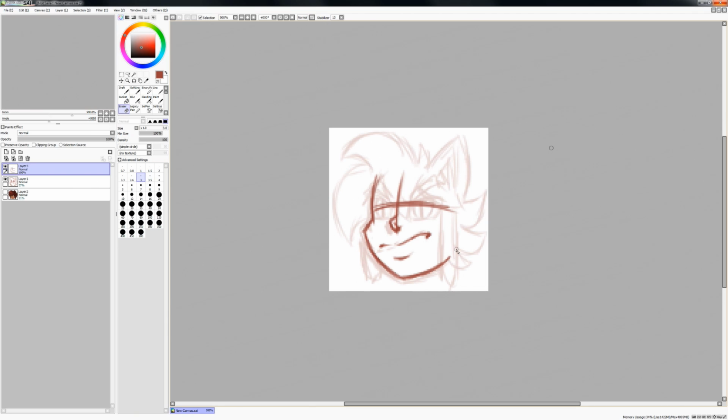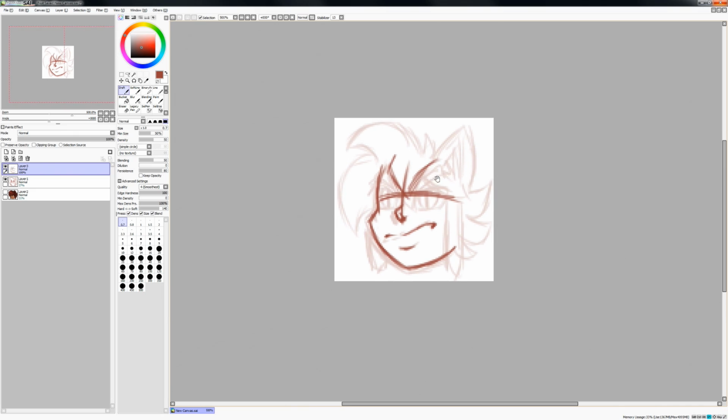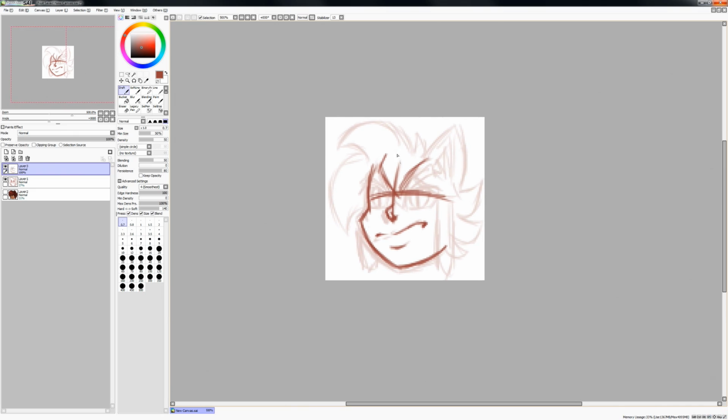So whenever you're doing either one of these sort of sizes, just keep in mind that you can't just start big and then immediately go small. You'll probably have to redraw the entire thing or make some alterations. And with Amoya here, I think I want to try to keep her hair a little bit away from her eyes this time, because that was blending in a little bit too much.